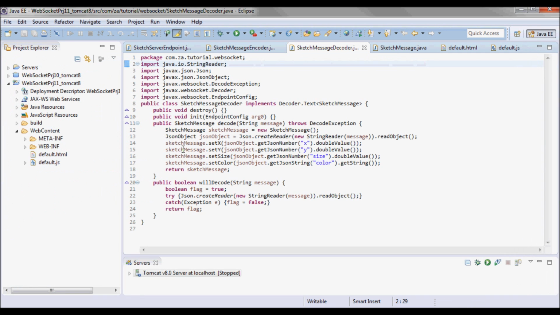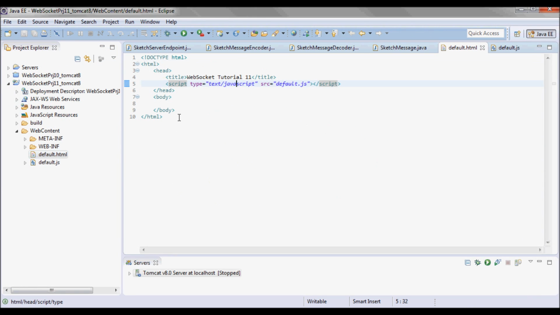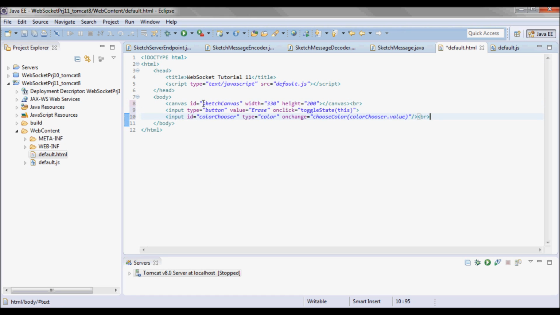Next, going to default.html, we will have a sketch canvas and a button, which could be erase or sketch, and a color chooser, and the button on the onclick is going to have a toggle state JavaScript function, and for the color chooser on the onchange, it's going to have a choose color JavaScript function.